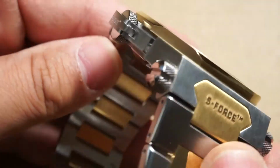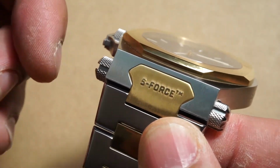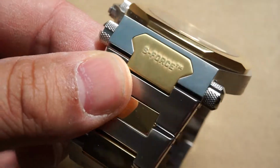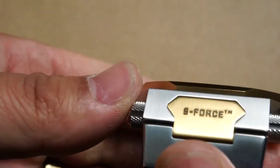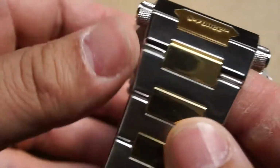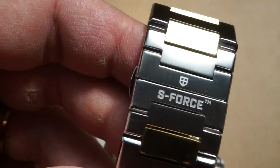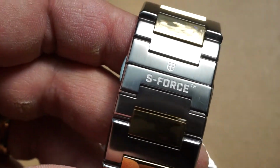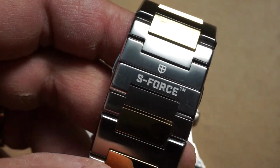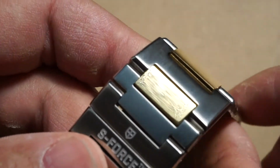But also in practicality, because I prefer lug screws vice spring bars. I just think it's of a higher quality. You got some branding right here, and on the other side, S-Force, and you got more branding on the bottom. So is that too much branding? For me personally, I think it's too much. I get it. It's from S-Force. Some people might like that, but for me, I don't like it, but it's not a deal